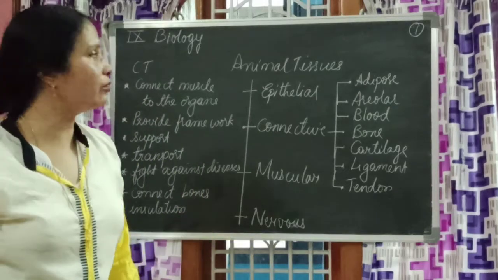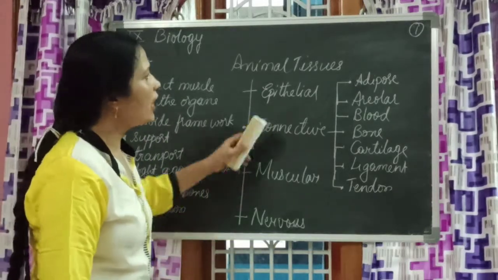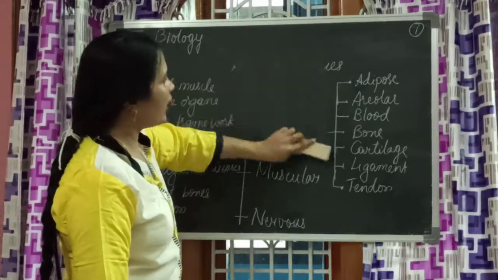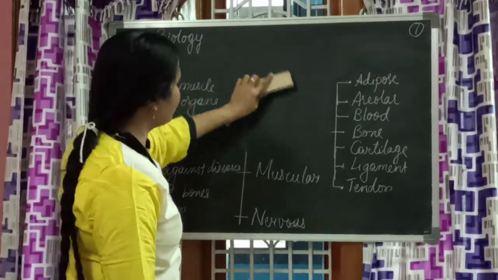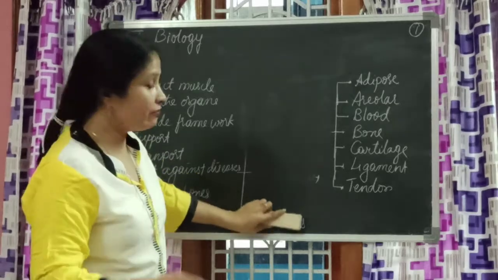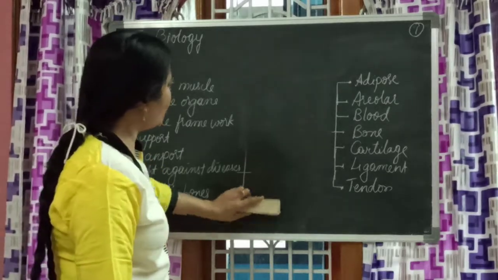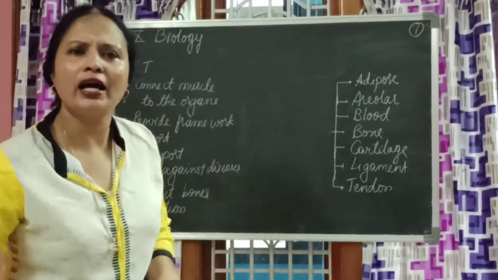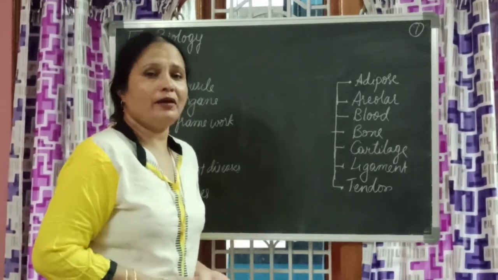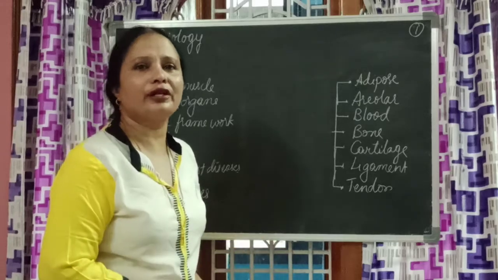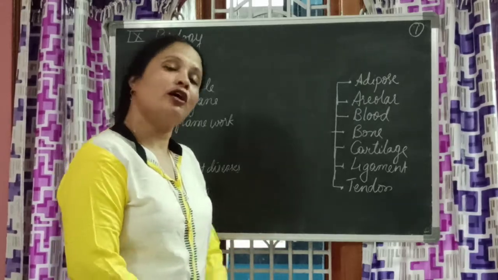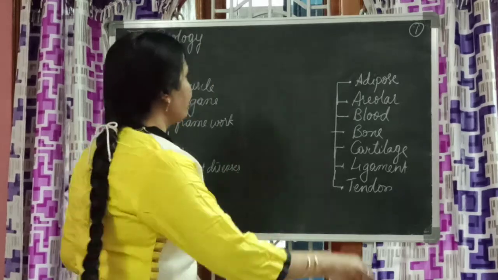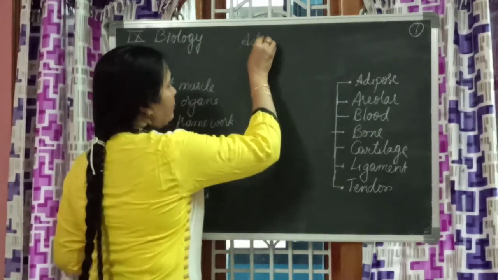Now the first thing I would like to explain to you is adipose tissue. Let us go in the same alphabetical order so that I won't get confused and I won't let you get confused. Because I have this habit of confusing, so many thoughts go in my mind at a time. But I don't want to get confused, and I won't allow you to get confused. Now let us see. Adipose tissue.